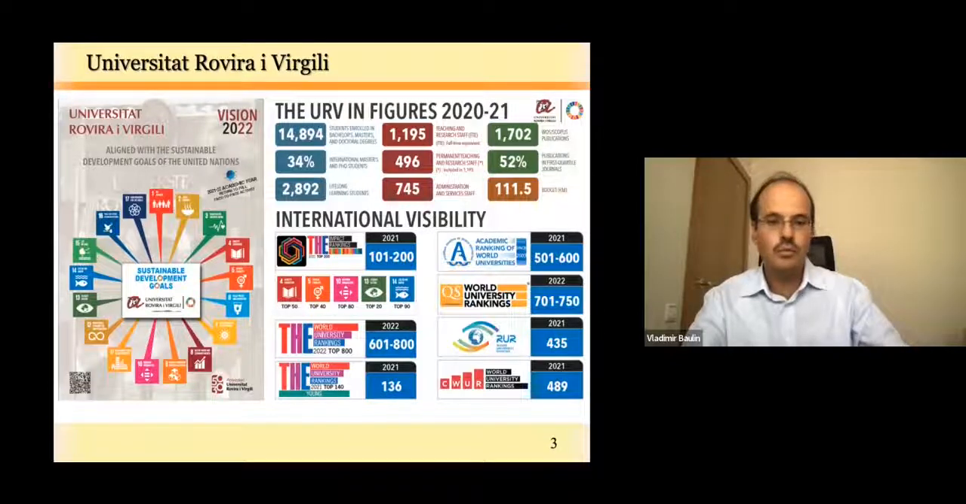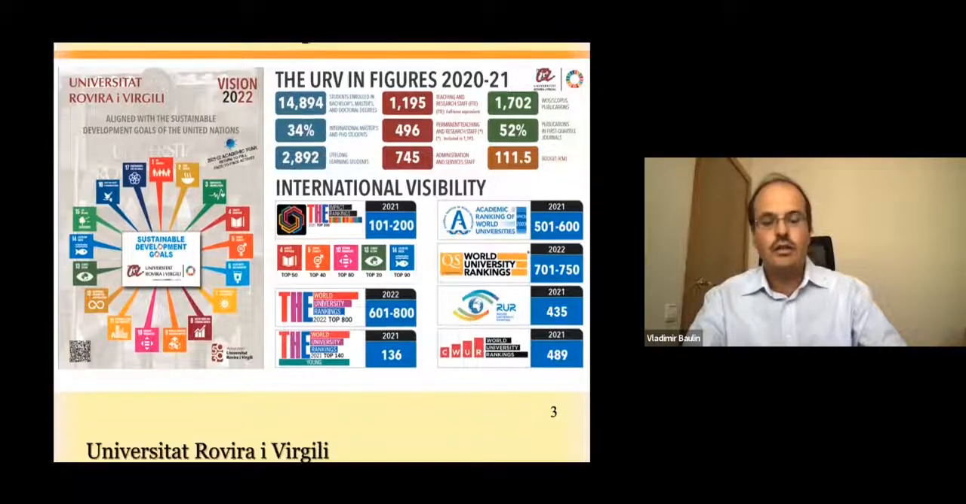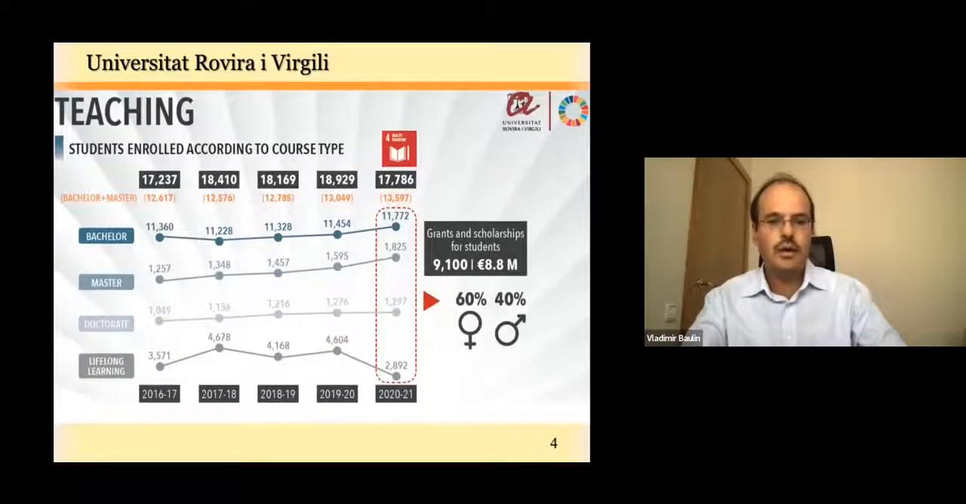There are big programs in different disciplines, almost covering all types of activities. It also has bachelor's, master's, doctorate, and lifelong learning. Those numbers are quite representative. It's more or less stable, and this number of students is quite big for such a young university. There are also grants and scholarship students who come every year, so this is quite normal. And now I will talk about